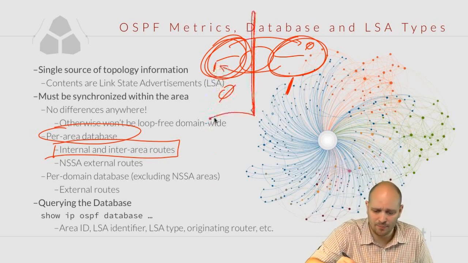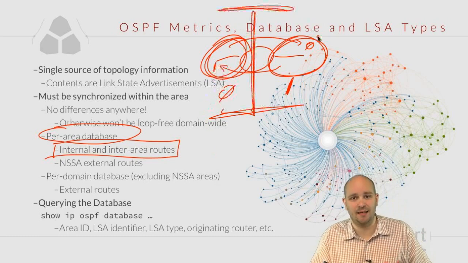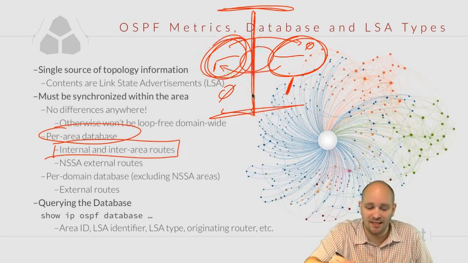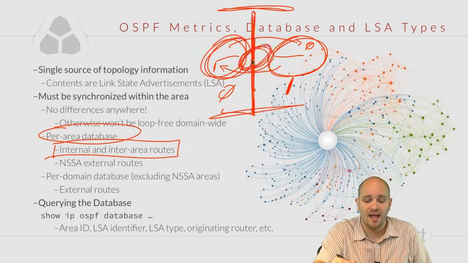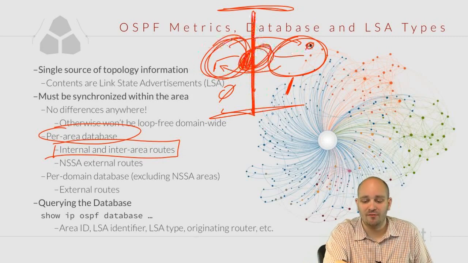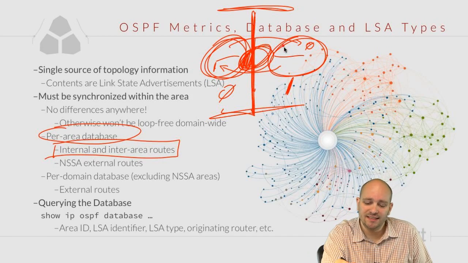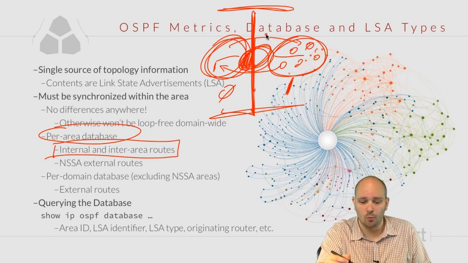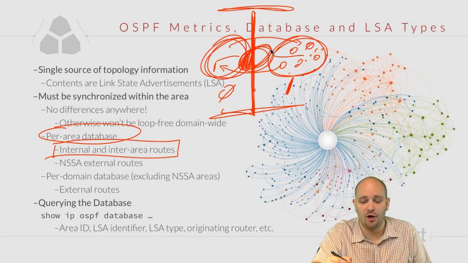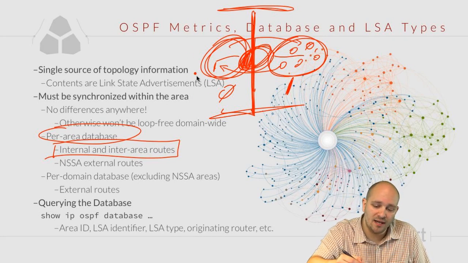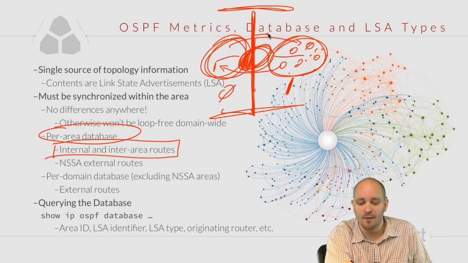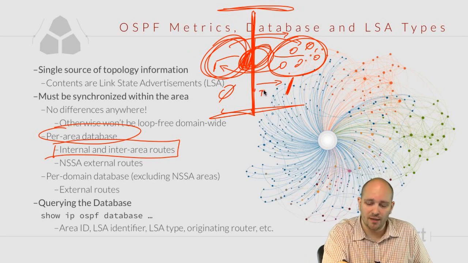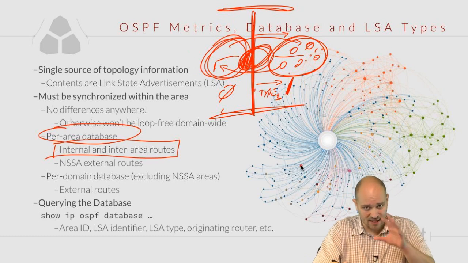But these databases here need to be viewed as separate entities, because these routers here in area 0 are all going to have the same database and share it with our ABR here on this side, but they will have no visibility in what is happening here. And the same thing would go for the routers that might exist in this area 1. All these routers would be aware of all of their links, of all of their LSAs, but they would not know anything about what is happening here except the summarized reachability information that is going to be injected by the ABR. These are going to be our type 3 LSAs,